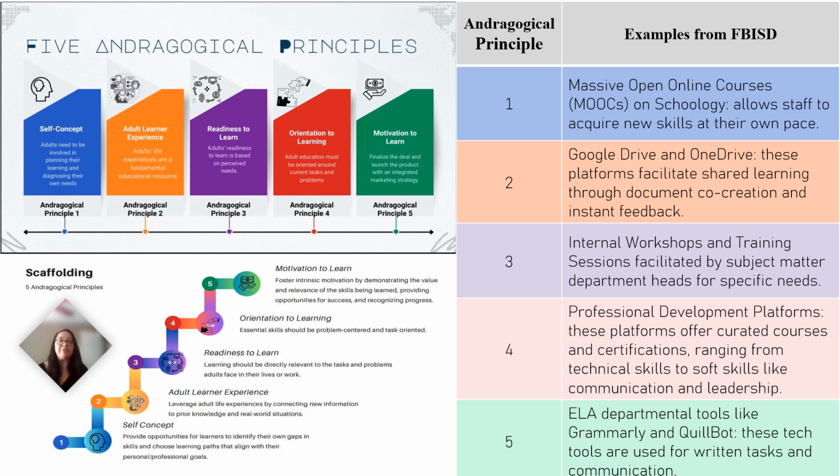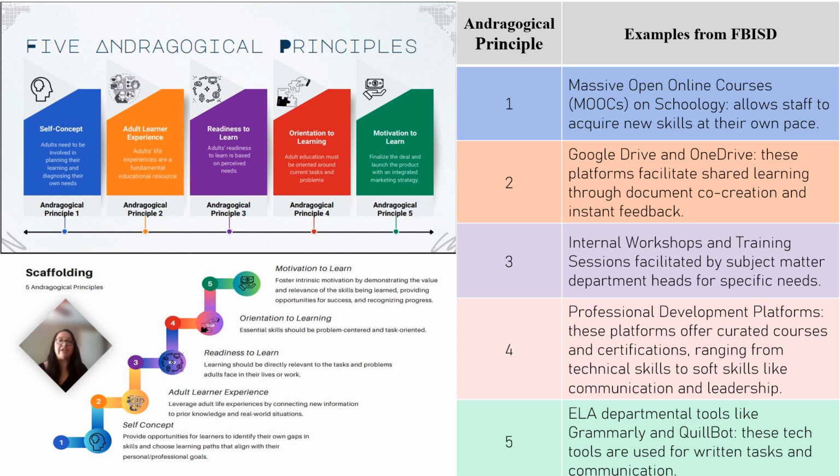Number 5, motivation to learn. Adults' motivation to learn is primarily intrinsic, stemming from factors like self-esteem and the desire for a meaningful life. Scaffolding should foster this intrinsic motivation by demonstrating the value and relevance of the skills being learned, providing opportunities for success, and recognizing progress. A specific example from Fort Bend ISD that demonstrates the effective integration of this andragogical principle